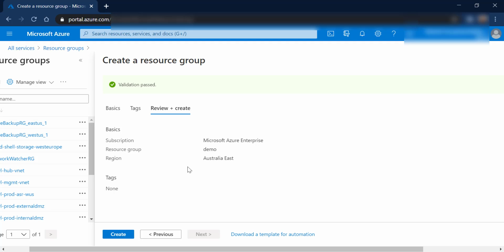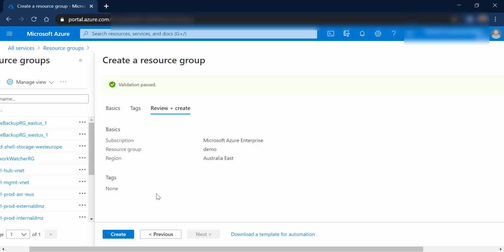Now, by clicking on the create button, the Azure portal itself is calling the REST API of the Azure Resource Manager service. Before invoking the actual operation, the REST service makes a call to Azure Policy, and it checks whether the request which Azure Resource Manager receives has to follow any specific policy.